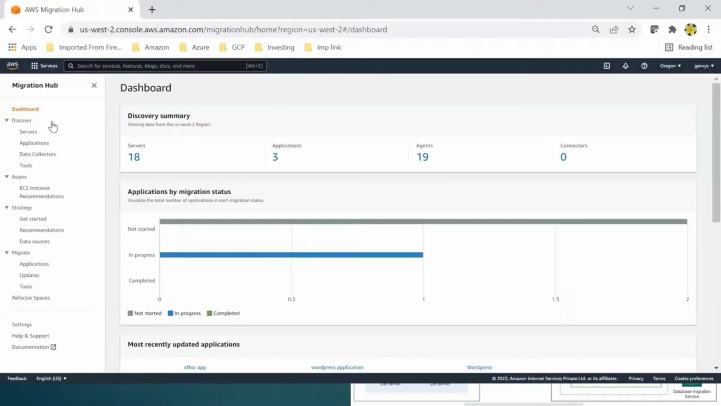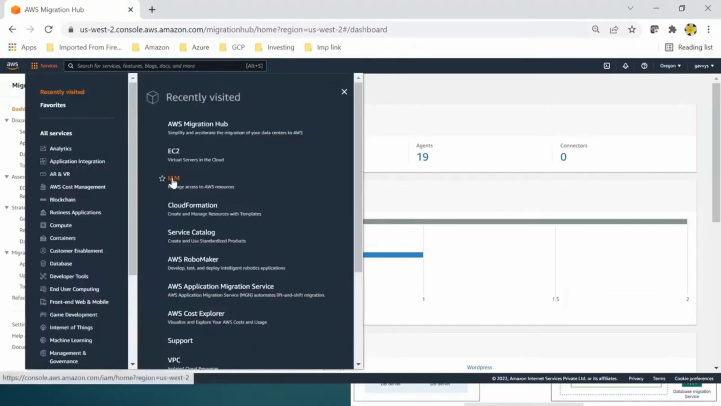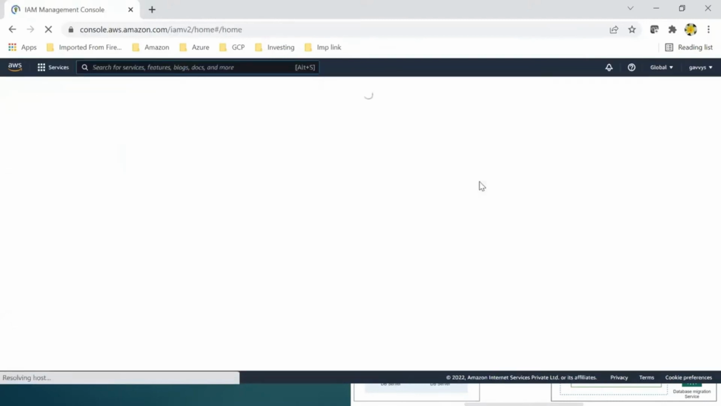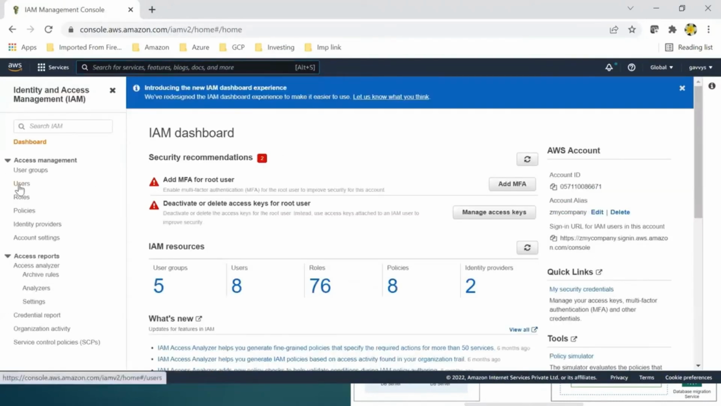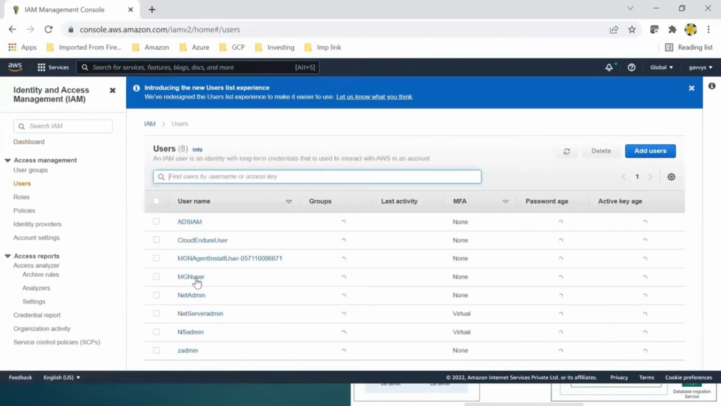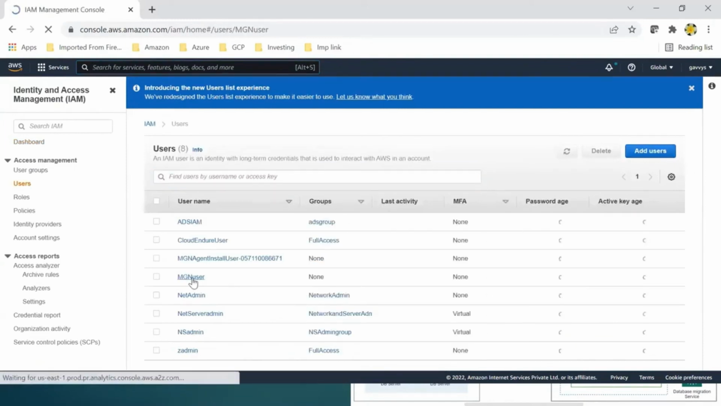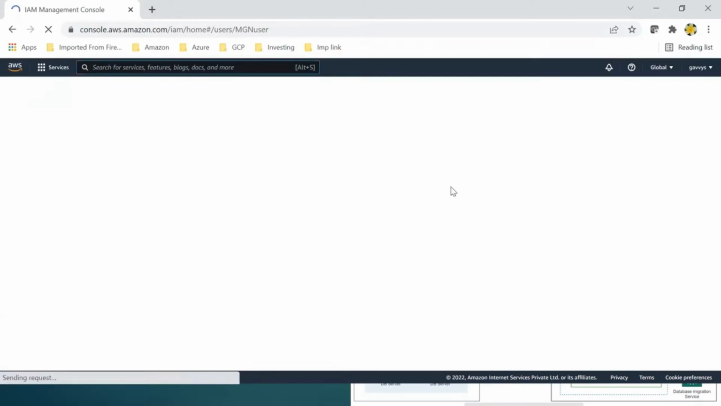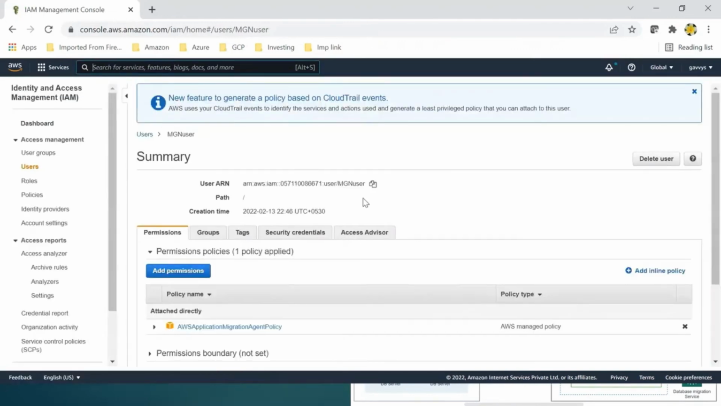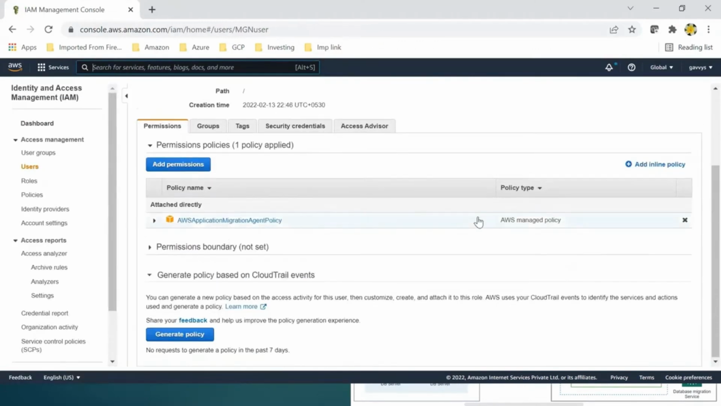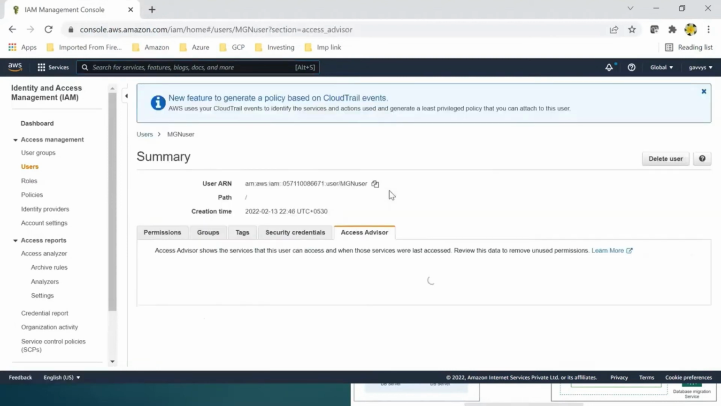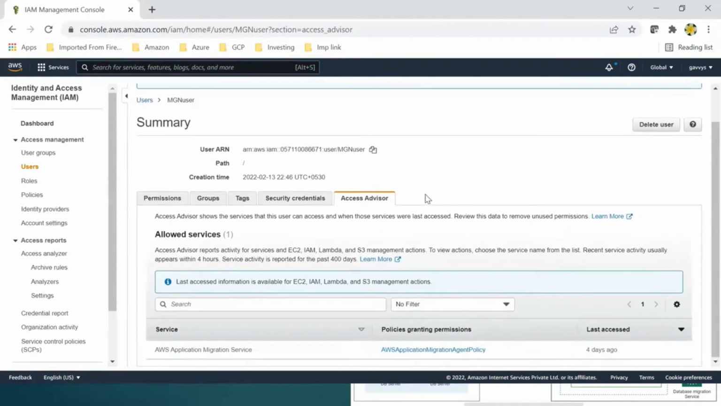So this is Migration Hub. If we go to Identity and Access Management, let's see the MGN user. I hope it should already be created. So I have already created this MGN user. In this, you can create a new user, attach this policy, and then download the security keys for this that will be used for